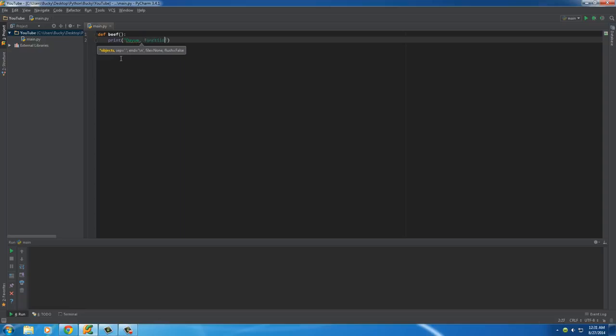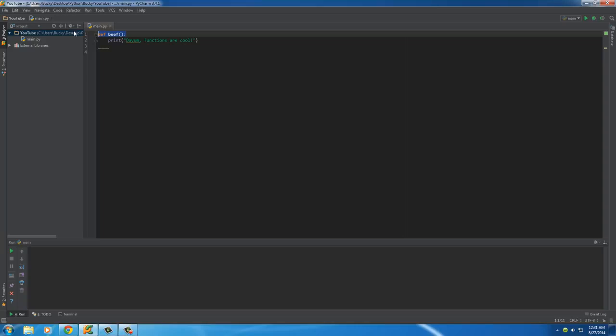So we'll make this a very simple function, print something out, and we'll just write "Functions are cool." Alright, so this is a pretty useless function. Again, this is just a function called beef, and the only job of it is to print something out on the screen. So if you run this right now,